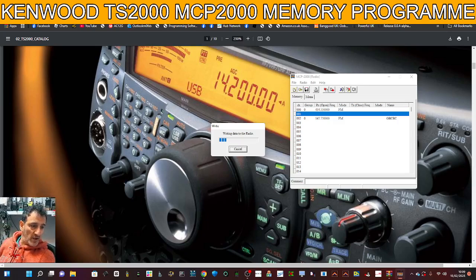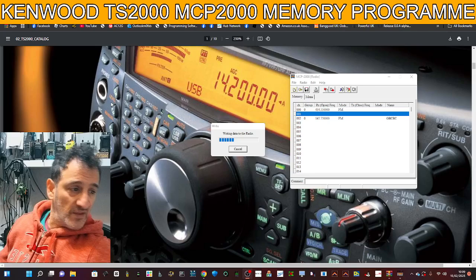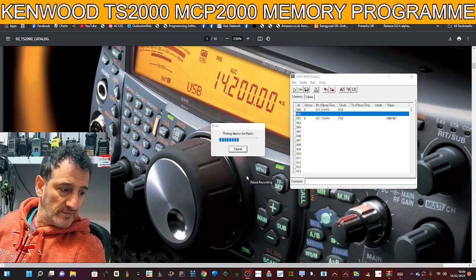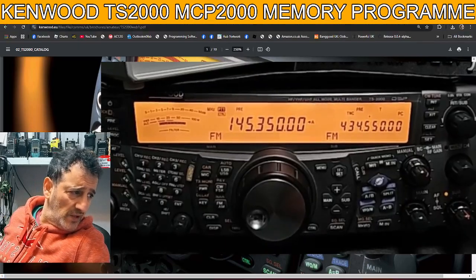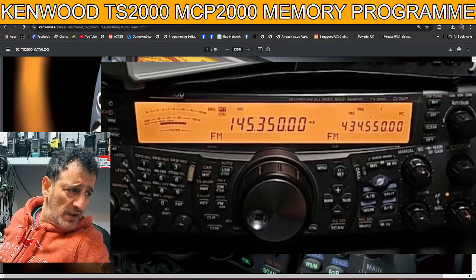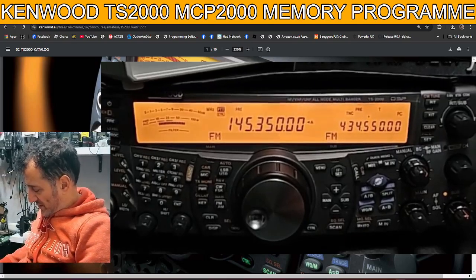Okay, you can hear my radio in the background. That's it. So there's the actual radio. Let's do number 1. Double click. And we're going to do GB3FI. So